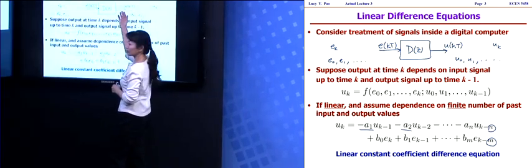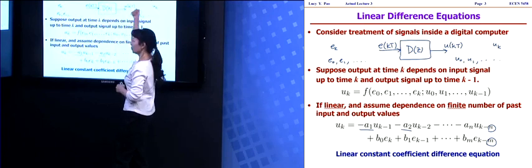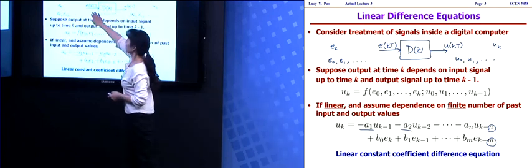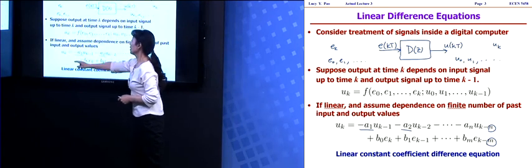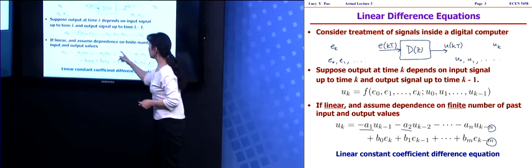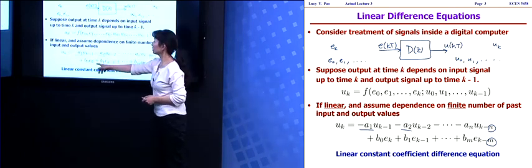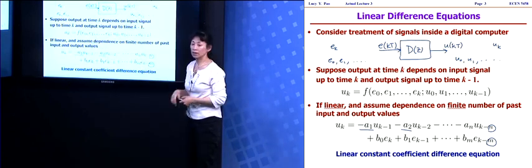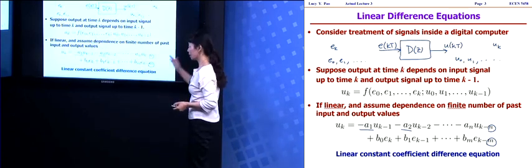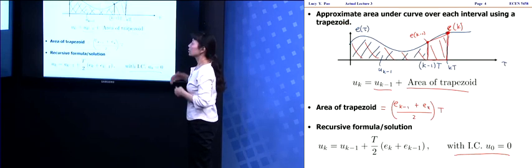So U is the control output of the controller being input into the plant, and it depends on the error signal, okay? And so we call this an nth order difference equation because U depends on U n times in the past, okay, and it can depend on the input up to m time steps in the past. Okay, and we looked at a simple